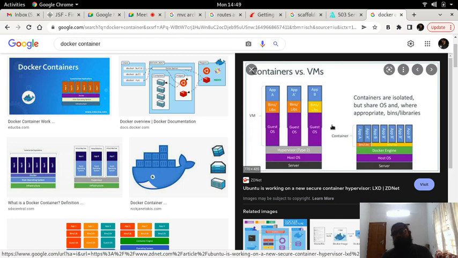While if we have to run application A, application B, or some other different applications on the same host operating system, instead of actually having different guest operating systems, we can use Docker engine and the Docker containers, which would help you avoid the need for a guest operating system in the layer. You can get rid of the guest operating system and the hypervisor layer, and that will get replaced by the Docker engine, which will in turn use, and then you will have different binaries and libraries and all those things.